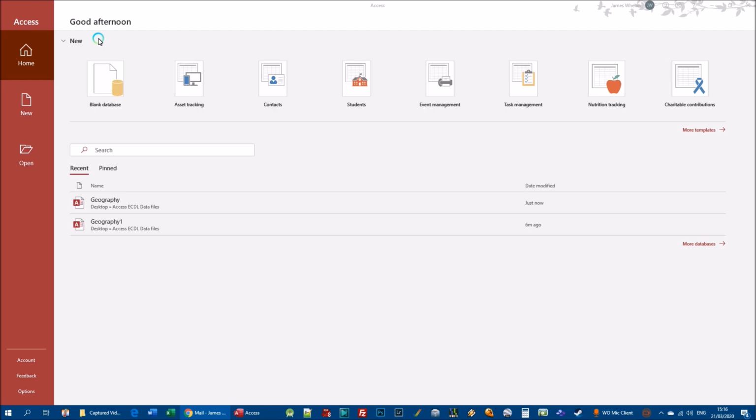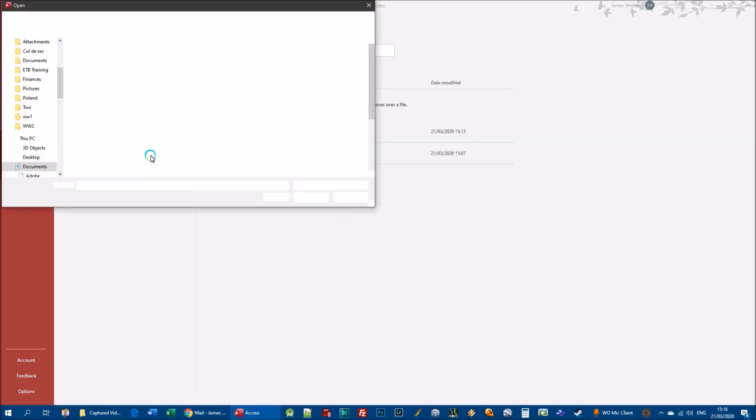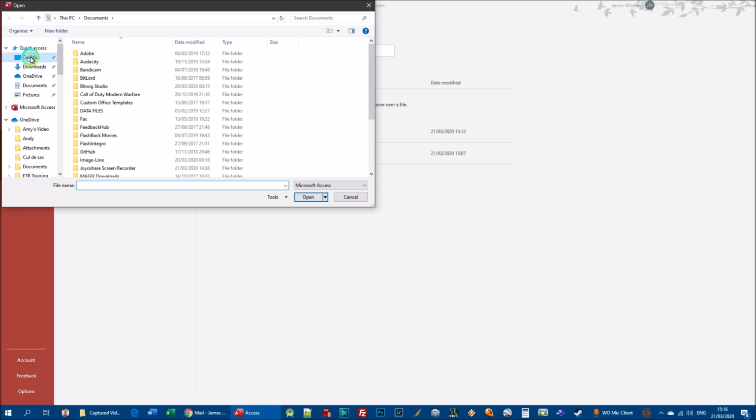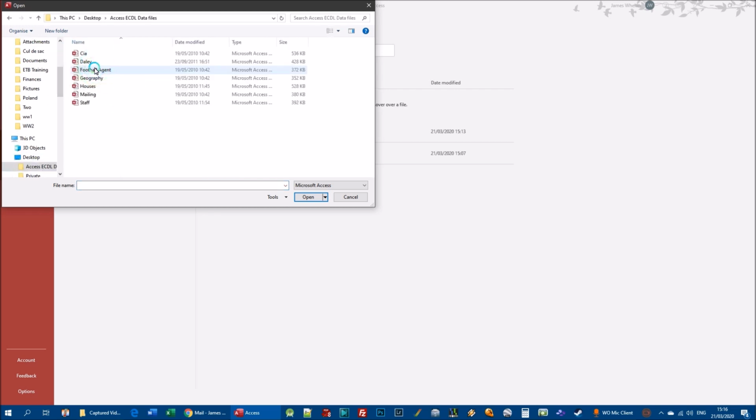I'm going to assume that you've put them on the desktop. I put mine on the desktop, so I'm going to jump straight into it. So first of all, I've opened up Access, as you can see, and I'm going to click on the Open button, and the open screen should appear. Then I'm going to click on Browse, and I'm going to click on Desktop, and I'm going to then click on Access ECDL Data Files, and I'm going to select the Geography